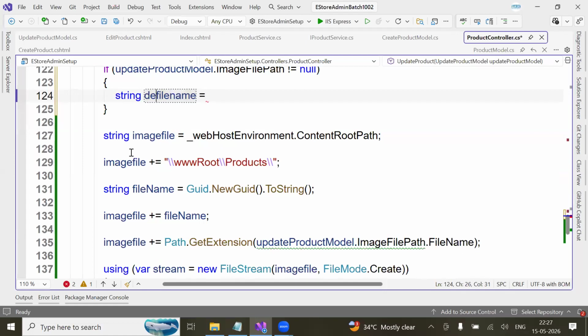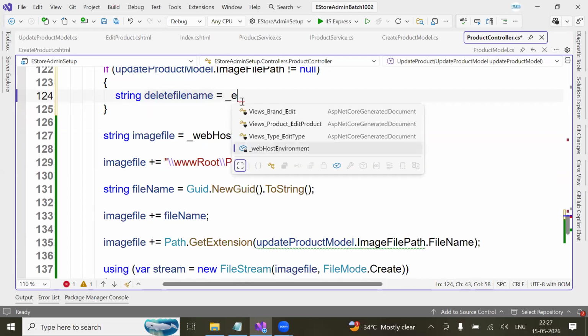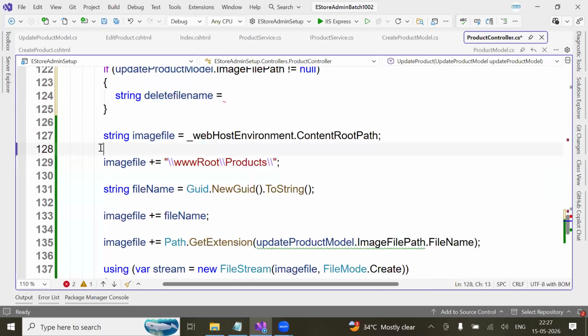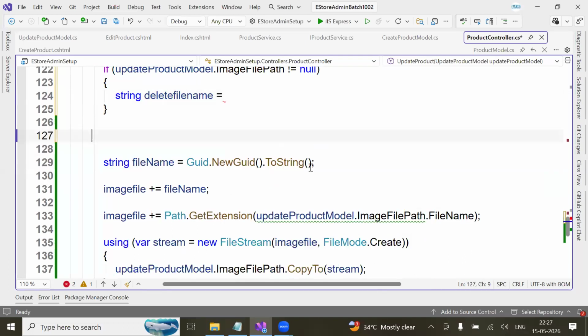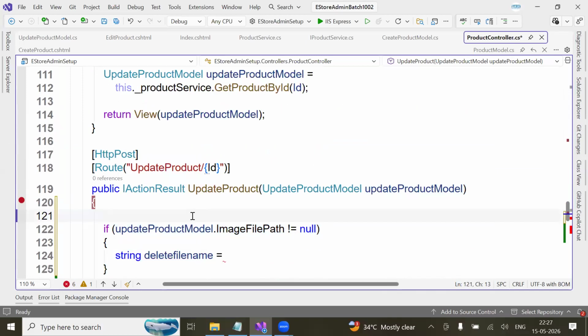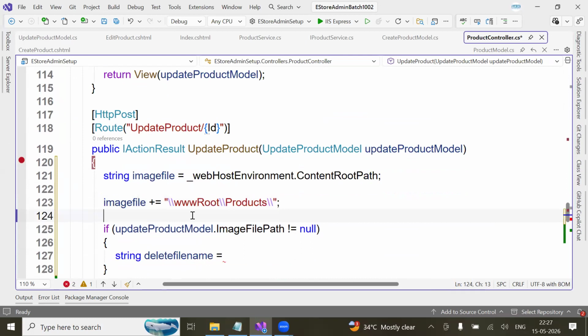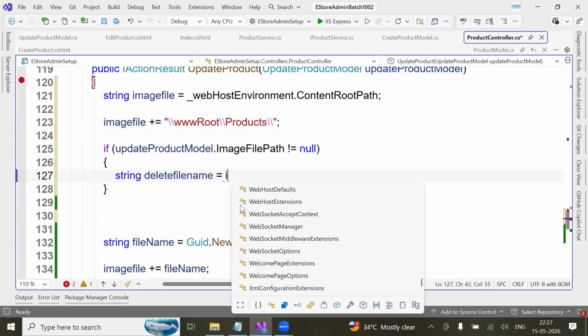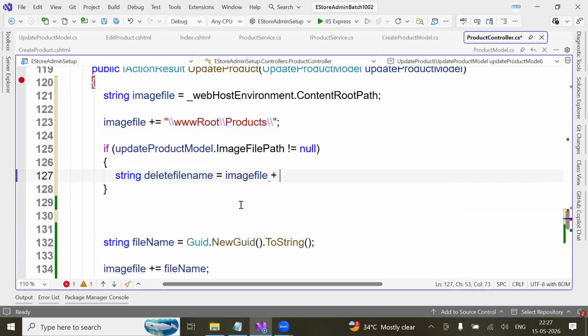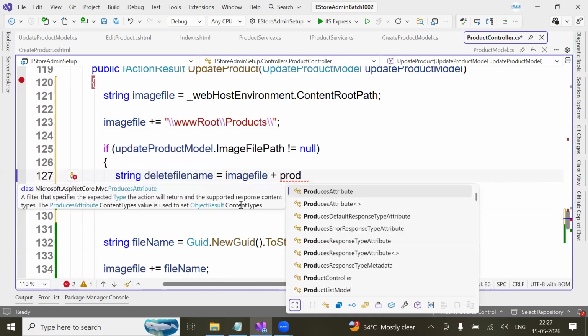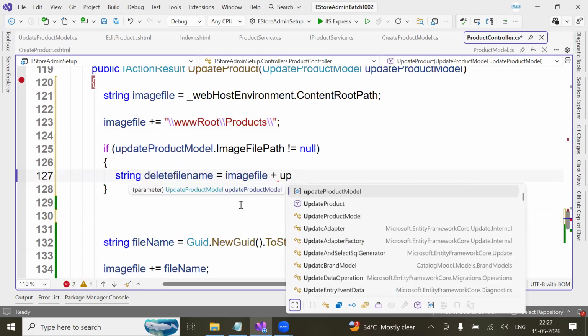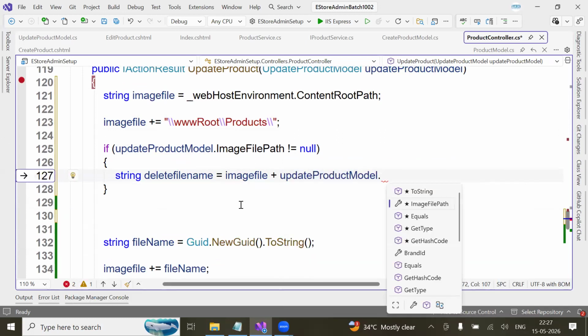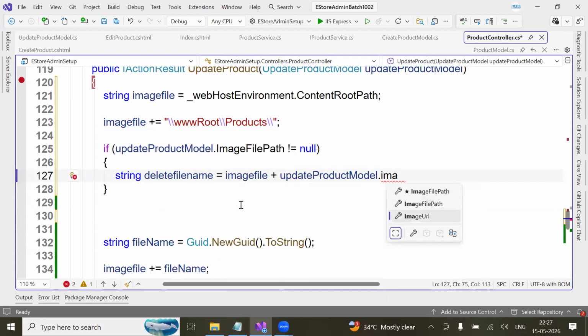Delete file name equal to underscore webroot. Okay, I do one thing. I form this value on top here before I form the file so that I get the image file name, right? So what I can do, image file plus product model, update product model dot image URL. I got the path, and then